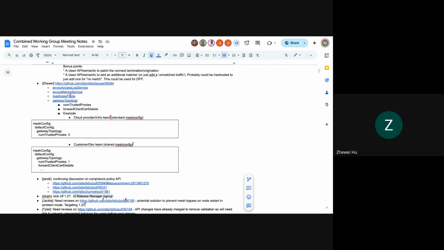The only thing left is number trusted proxies is 3. Hopefully this example is clear. Yes, I think this is kind of counterintuitive, like when the dev team specifies some new fields other than number trusted proxies, they still do not take effect, right? My proposal is